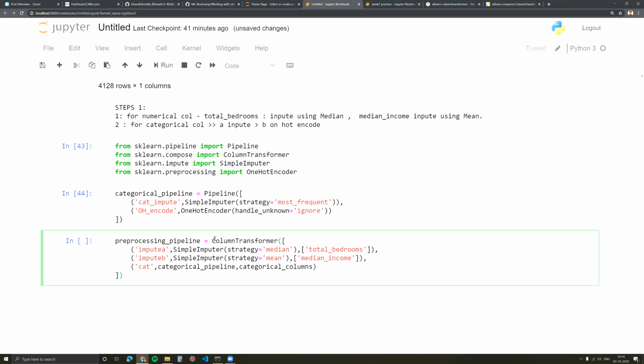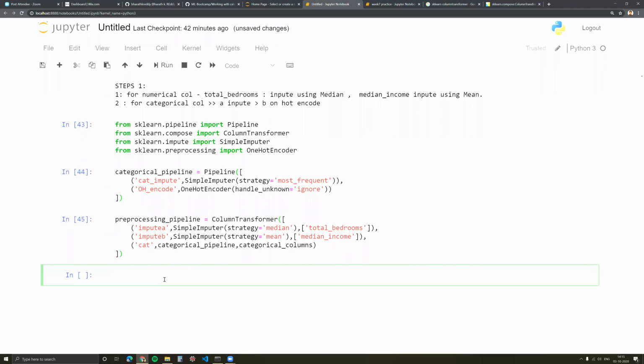That means it's a column transformer where the first step is to impute the total bedroom column using median. Second step is to impute the median income column using mean. Third step is to use the categorical pipeline on categorical columns. The categorical pipeline, again, I have defined here as a simple pipeline where the first step is to impute using most frequent, and once imputed, one hot encode everything. So this is our broad pipeline.